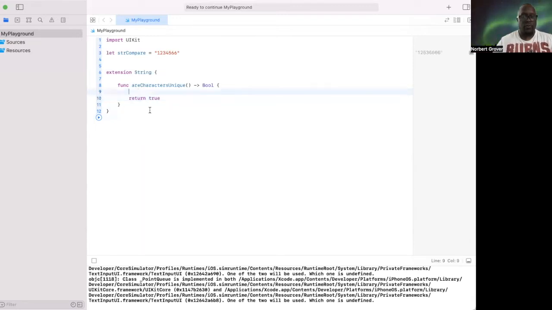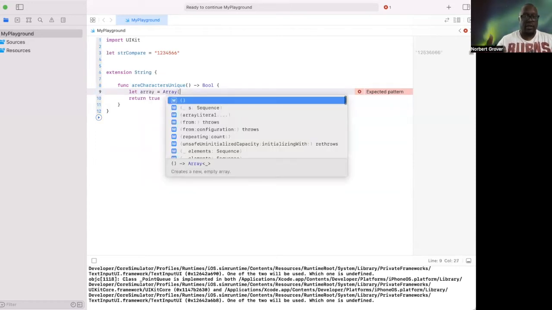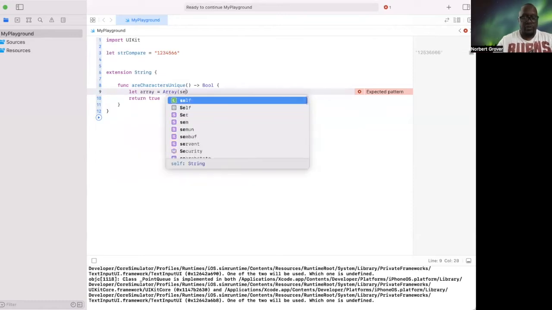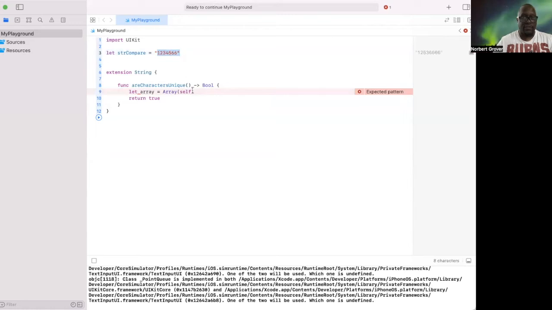Now, in order to test this, I'm going to create another variable, right? And this is going to be array equals array. Now I'm casting a string as an array. And I'm referring to myself, who is 1, 2, 3, 4, 5, 6, as self. String self. Okay. And then I'm going to cast this as set equals